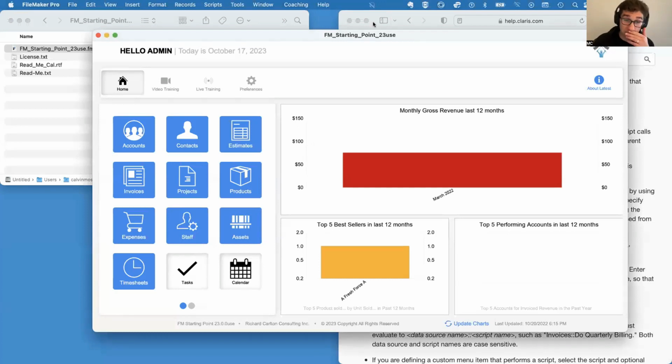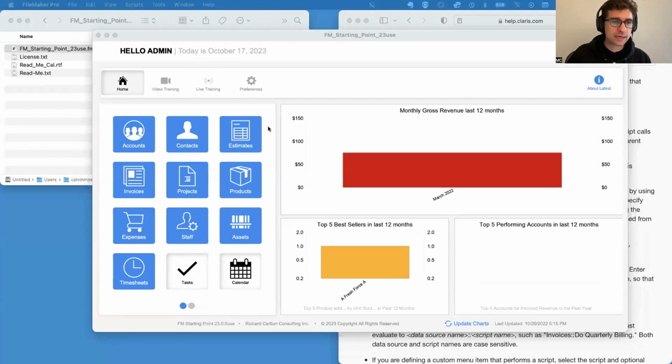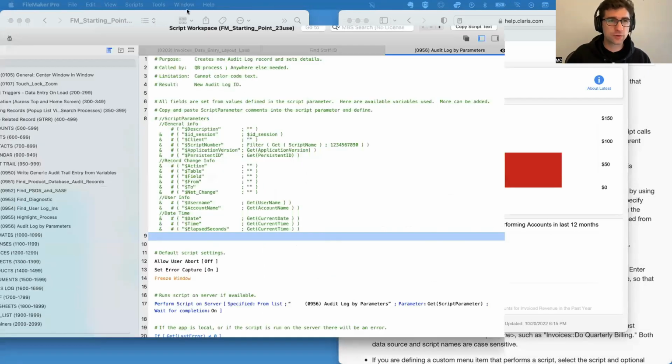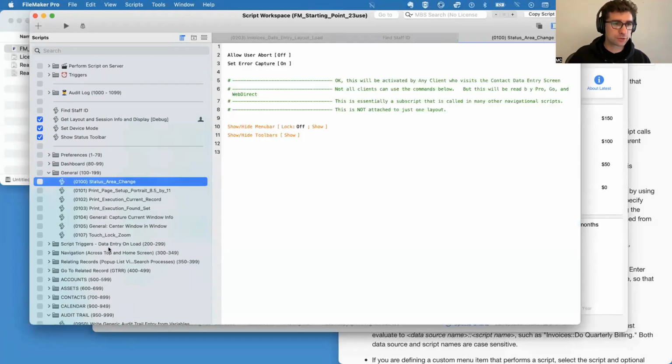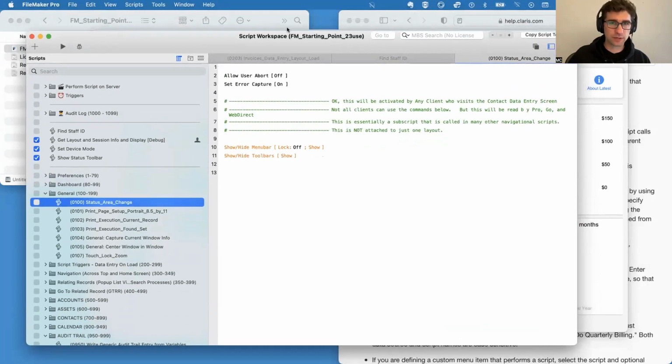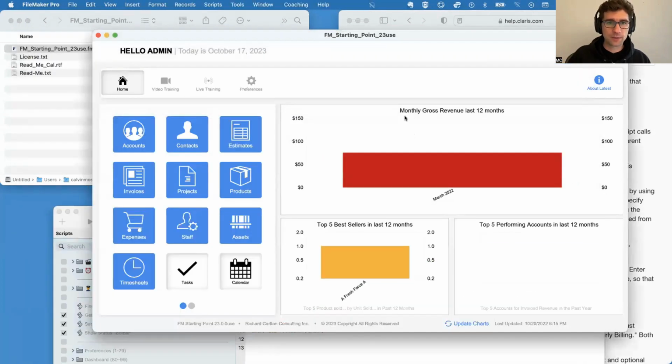So what is a script parameter? When we call a script, we can give it what's called a script parameter, which is like instructions on how that script should run. If you look at a script, so I'm just going to grab one at random, we don't see where the script parameter is defined in the script itself. Sometimes we can put it in comments, but the script parameter is defined not in the script itself, but where